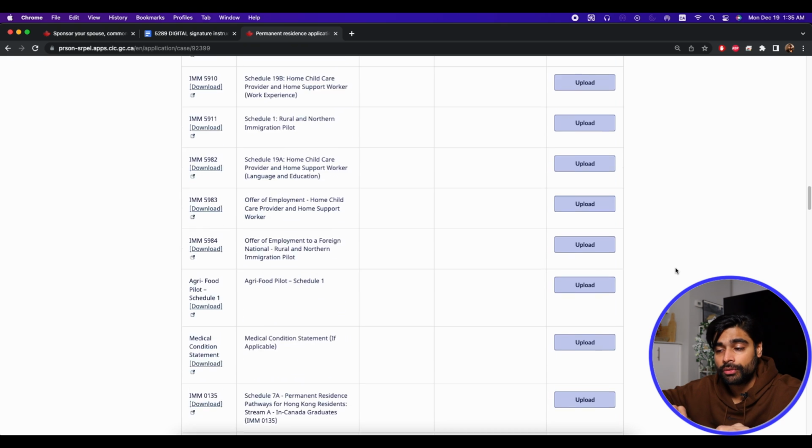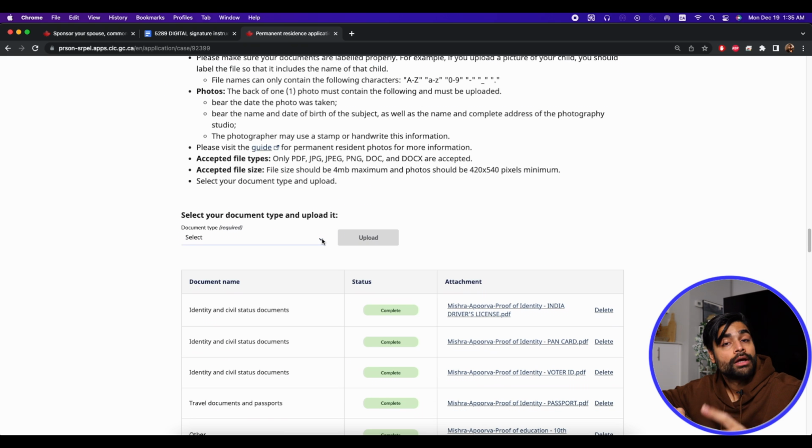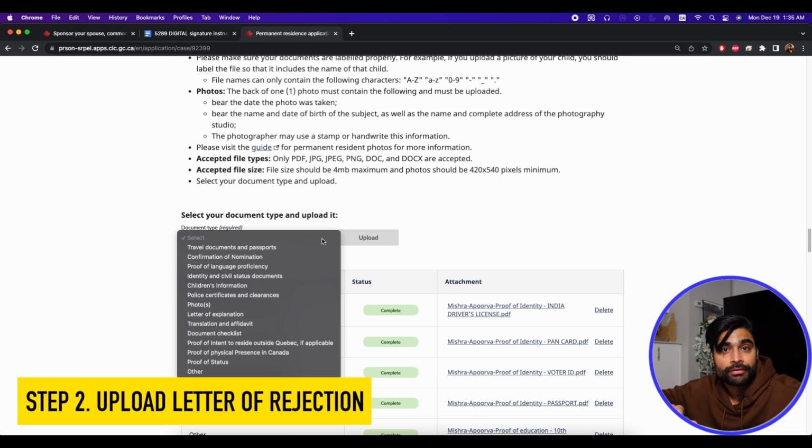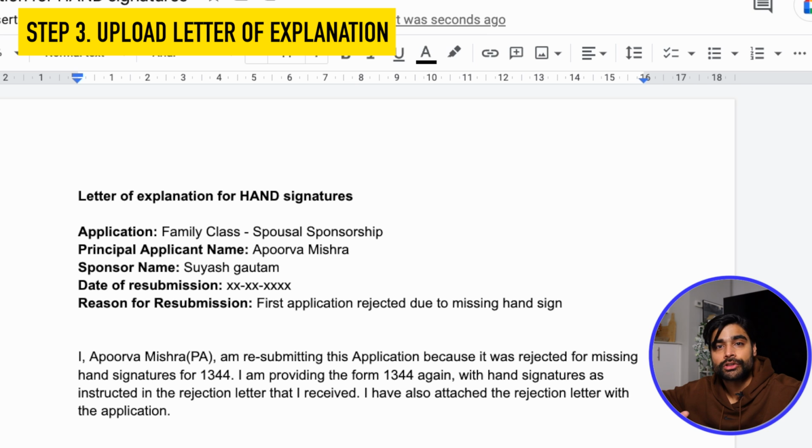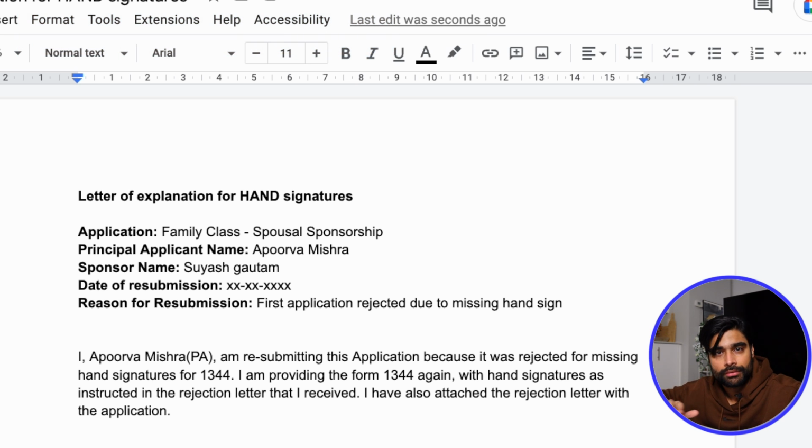Okay. Now, if you scroll down in the supporting documents section, first you will upload the letter of rejection. Don't forget to upload that, but also upload a letter of explanation. So you'll write in the letter of explanation that I'm resubmitting this application because it was rejected for this reason, and now I'm providing this particular form again with the hand signatures because I was instructed to provide hand signatures